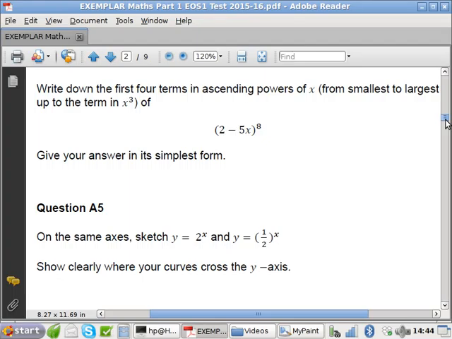Excuse me, I have a question. Do we have to change it? Can we